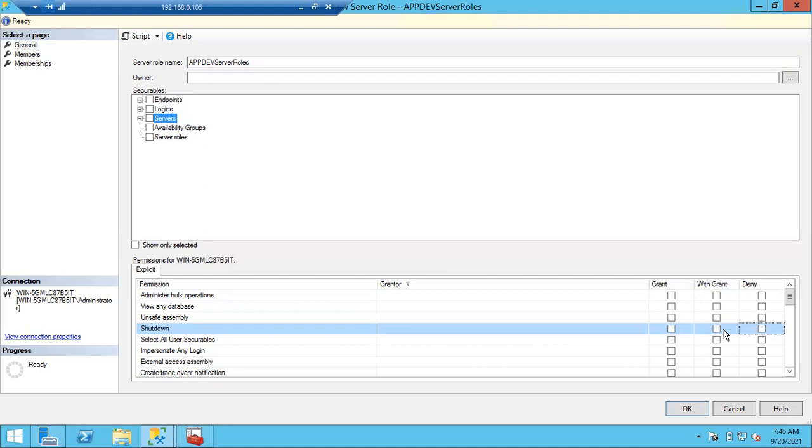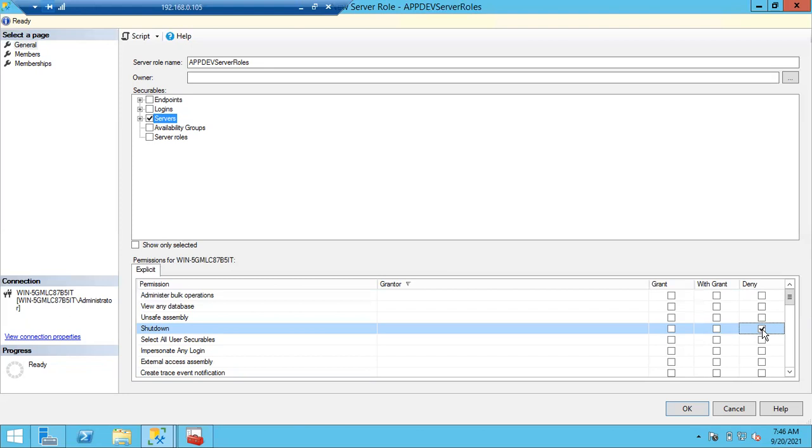But what is the risk factor here? If anyone by mistake gave shutdown permission to this role, members of this role could shut down my SQL Server. I strongly decided no one other than DBAs can shut down my SQL Server.